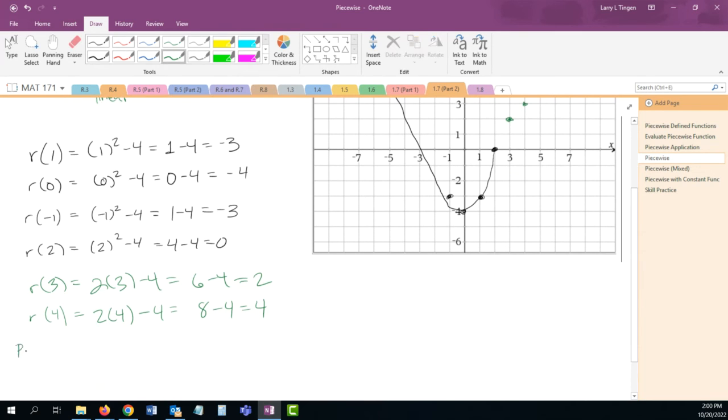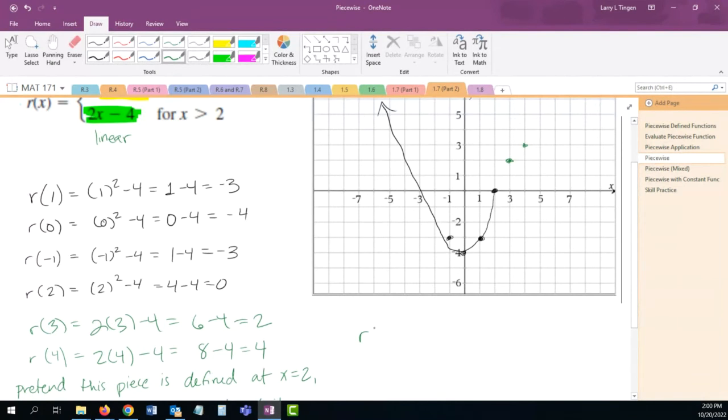I'm going to pretend that this piece is defined at x equals 2, then enter an open circle at it. What does that mean? So I'm pretending